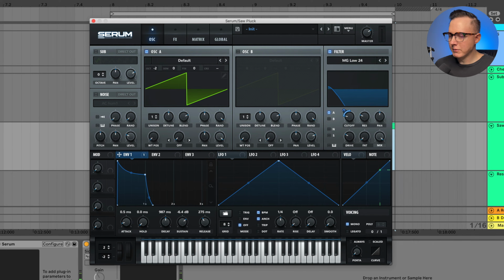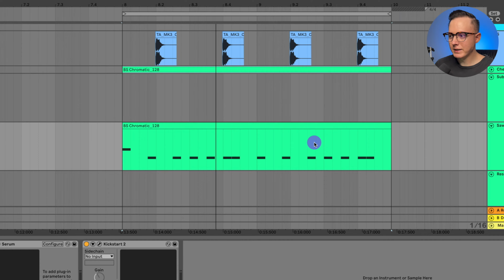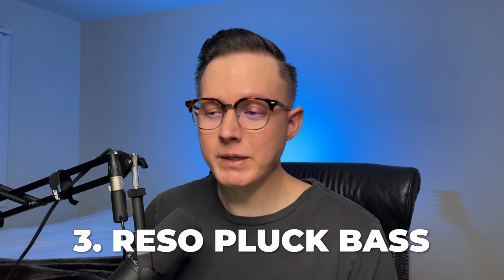So let's just go and play this again with the drums. I've noticed with these tech house basses is that they usually don't have too much top end in them. And so in order to actually hear these, you probably need some good headphones or some speakers to hear the low end in these basses. But if we do want to have a bass with some high end, then we can move on to the